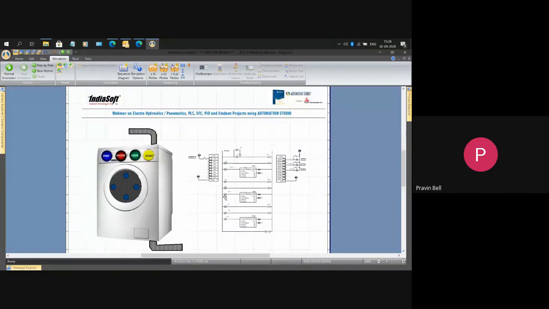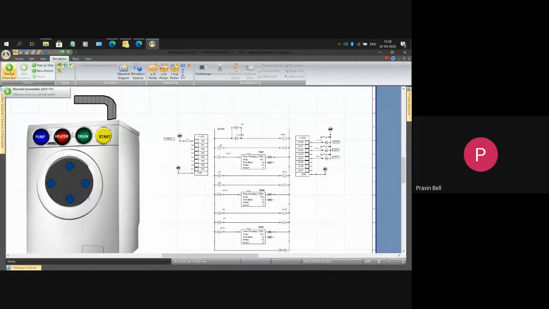Now in this washing machine, in one of the syllabuses, it was written very specifically that to operate the washing machine, water should come in for 10-20 seconds. Then the heater has to be turned on. Then the heater has to go off, and then the water has to be drained. So this animation is built for that.